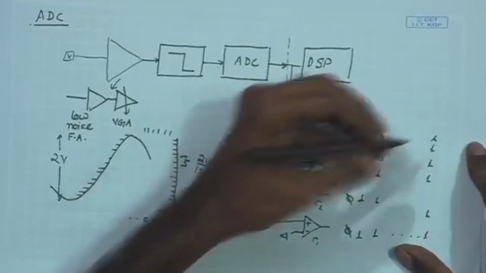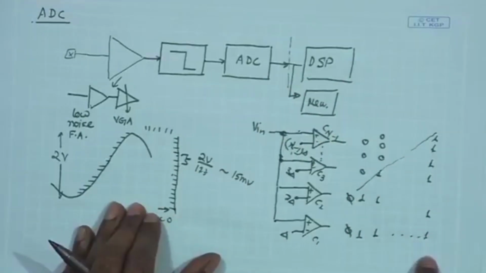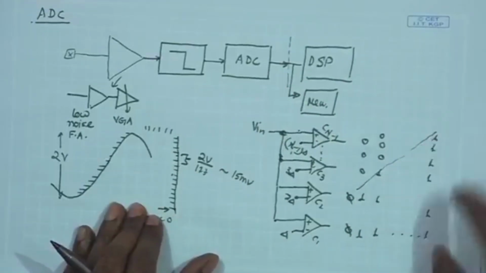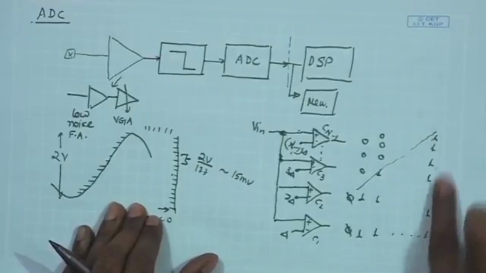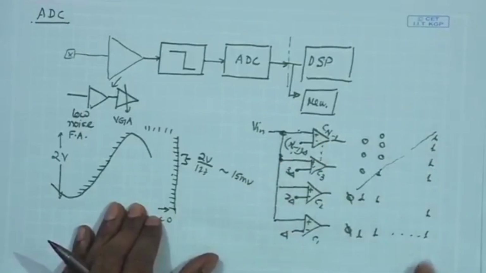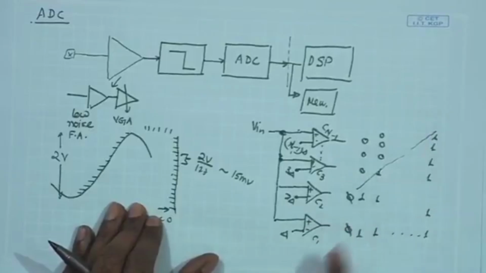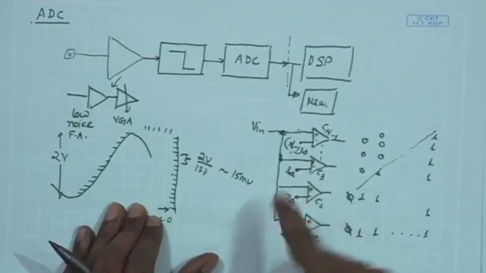in that case all the comparators will have output 1. So, it is some kind of thermometer code that we are seeing. As the signal goes on increasing, the number of 1s goes on climbing. So, we can see that this is the mercury of the thermometer. 1 can be seen as the mercury of the thermometer. The high output coming from the comparators can be seen as the mercury level in our thermometer code. As the signal is increasing, the number of 1s is increasing, or in other words, the number of comparators going